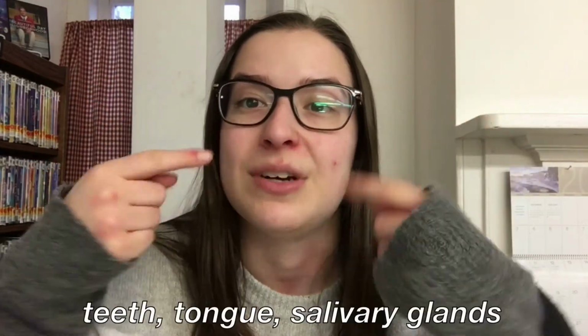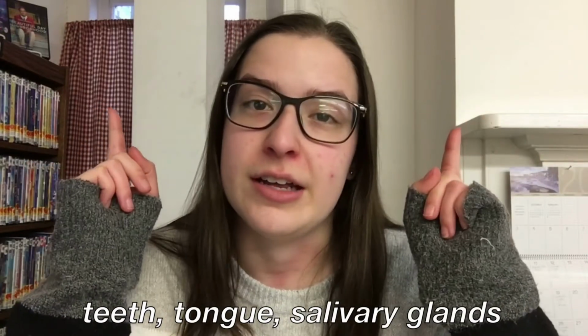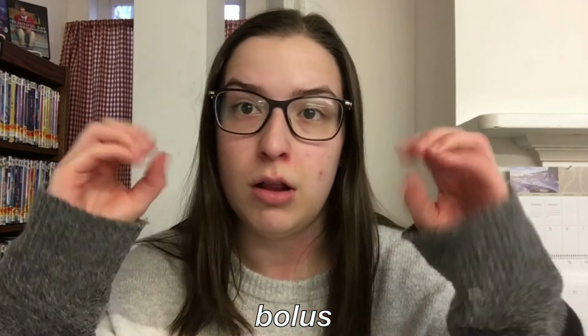So let's begin with our mouth. Our mouth contains 3 different digestive organs. It contains our teeth, our tongue, and our salivary glands. We can't see these, but this is just what's going to help secrete saliva or spit, which is going to help break down our food that we put in our mouth. So once it is all chewed, it's going to be called a bolus. It's just a little ball of whatever we just ate, and then it's going to be swallowed,